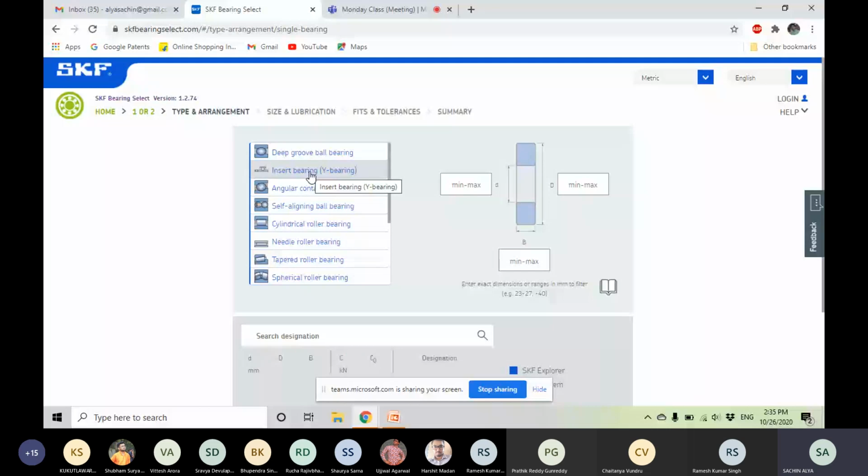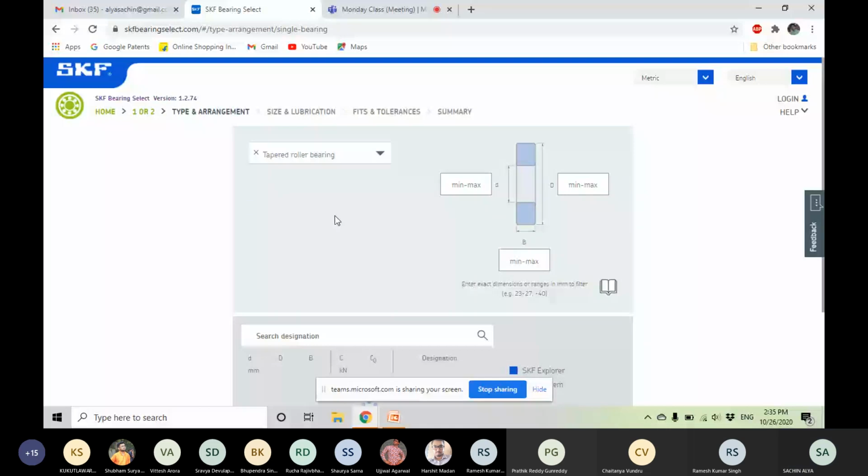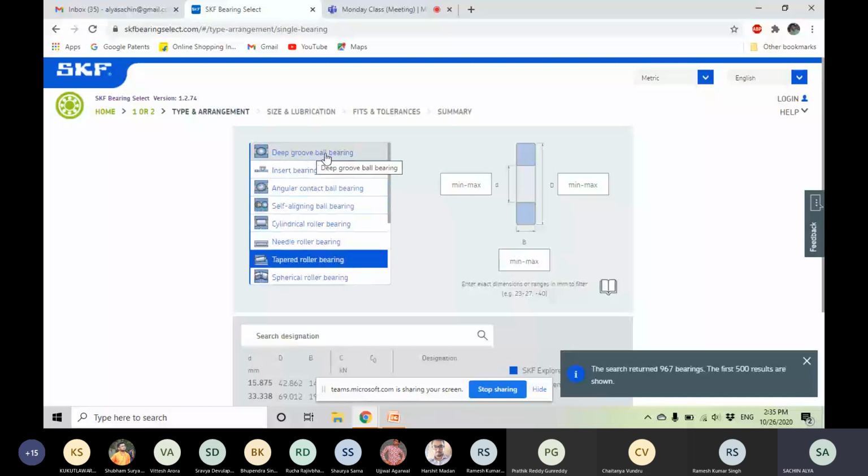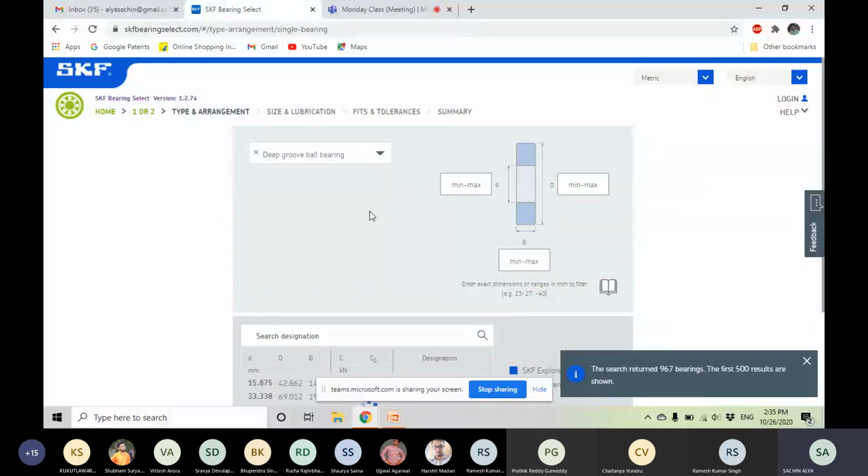So they are easily removable and they are fixed by like a pin attachment. So we can just screw it onto the shaft. Then angular contact we have discussed, self-aligning ball bearing we have discussed. So all these types we have discussed already. So for understanding, we'll go for the simplest bearing configuration, which is deep groove ball bearing.